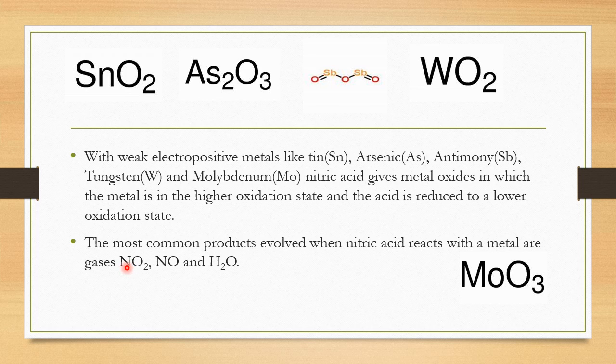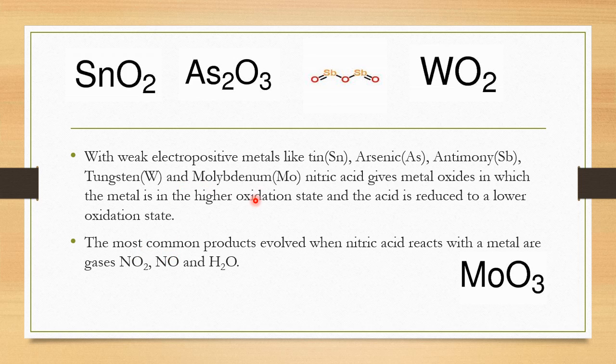When you calculate the oxidation number of N in the byproducts obtained, NO2 and NO, the oxidation number is lowered. Already you know for nitric acid its oxidation number is +5. When it is converted into NO2, x plus 2 into minus 2, so minus 4 plus 4, nitrogen's oxidation number becomes +4 in this case. In this case, x plus 2 into minus 1 minus 2, it's +2. Nitrogen's oxidation state is +2. So nitric acid +5 is getting converted into +4 in this case and +2 in this case.